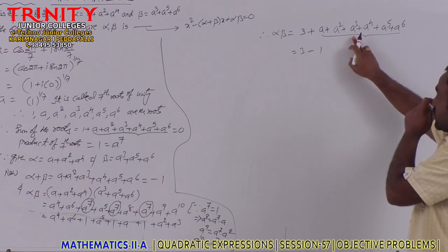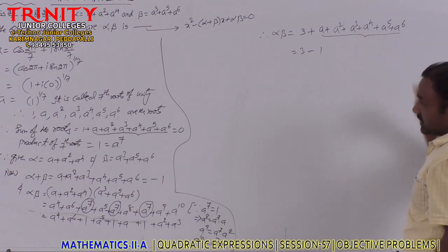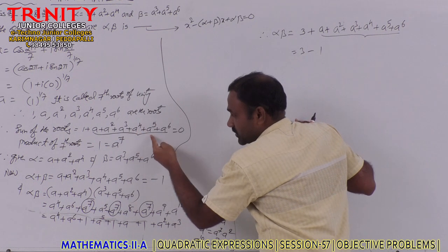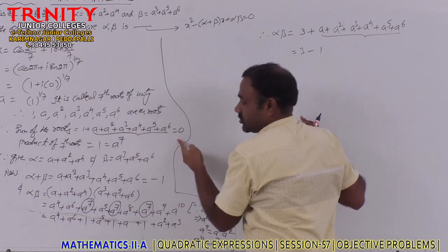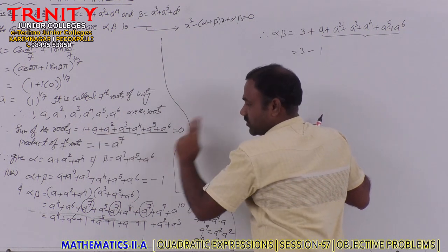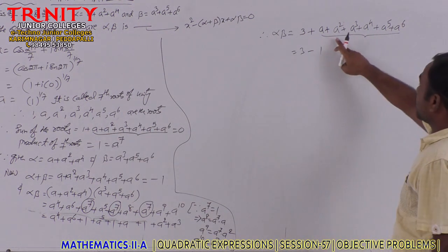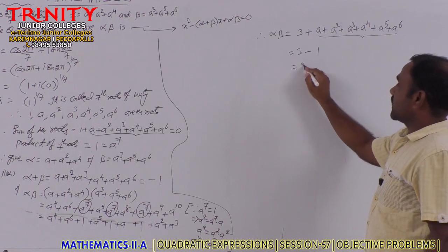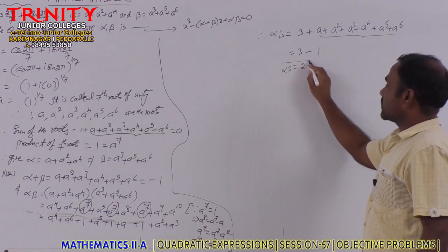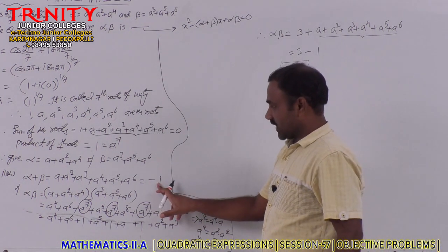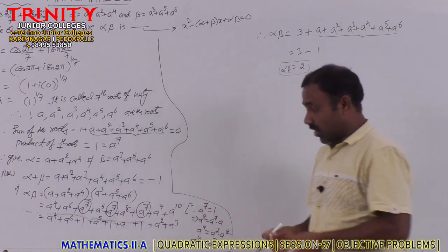a plus a square plus a cube plus a^4 plus a^5 plus a^6 plus 1 equal to 0, sum of the roots. Therefore, from this we will get its value is equal to minus 1, or not. That's why a plus a square and so on up to a^6, the value is minus 1. That is, product of the roots is equal to 2 and sum of the roots, we got it as minus 1. And students, you got this point?